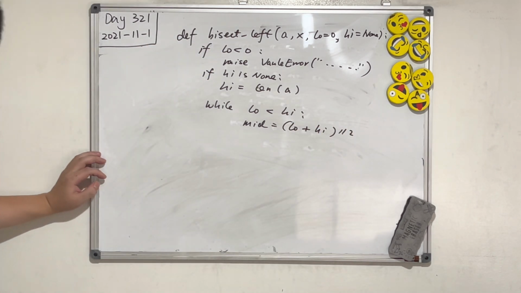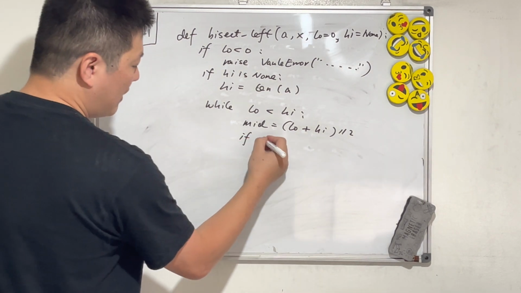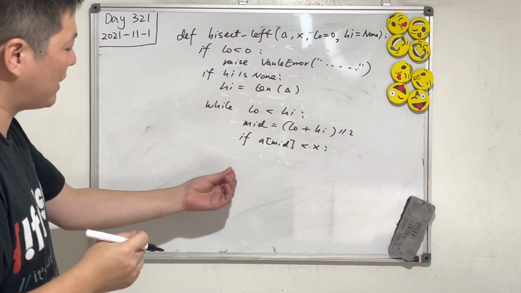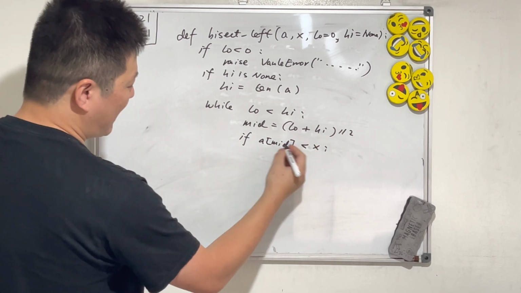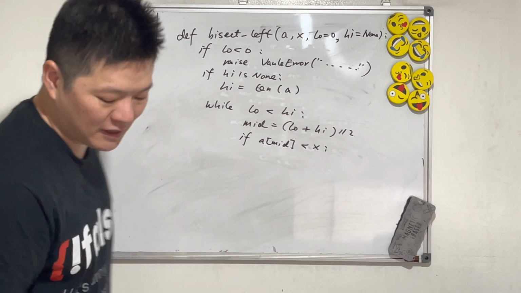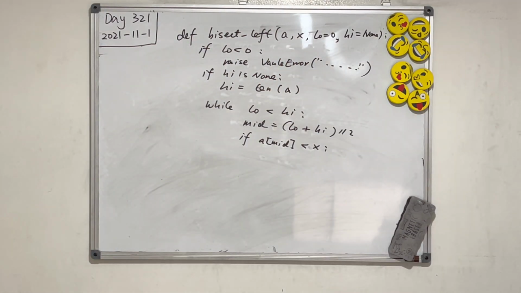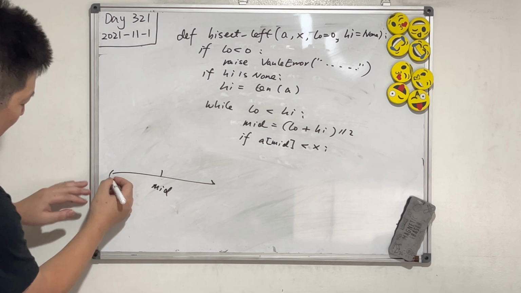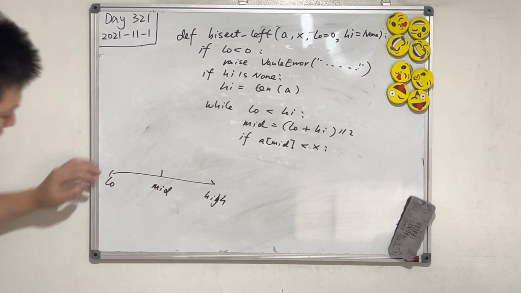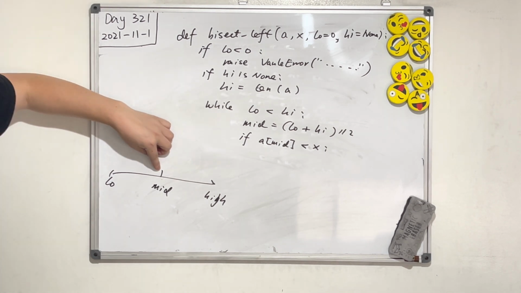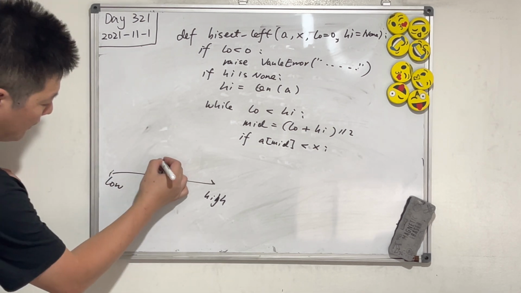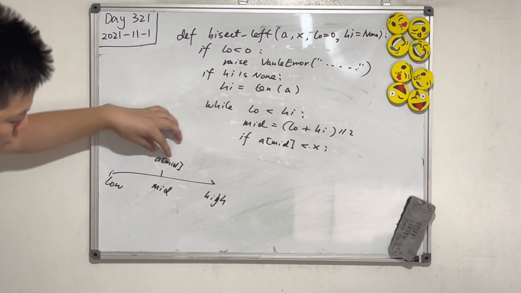Okay, everyone, come on. So look, if I check the middle, if A[mid] is smaller than x, then what should we do? If the middle one is smaller than x, where is it going to be? Look, this is mid here, because it's sorted. This is low, this is high. If the element in the middle is smaller than the element we're looking for,